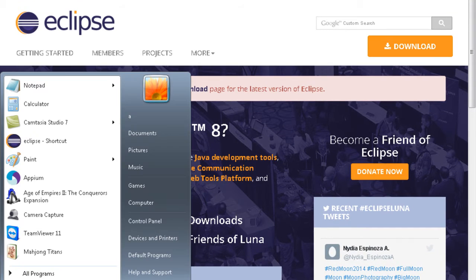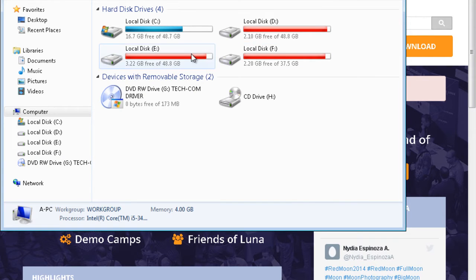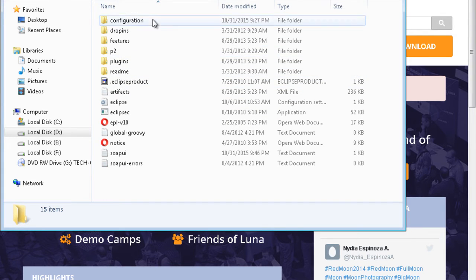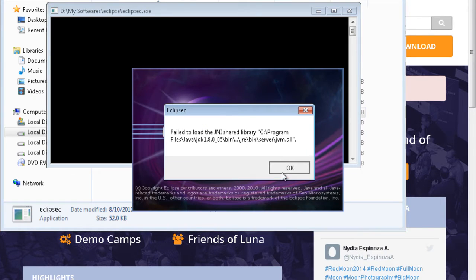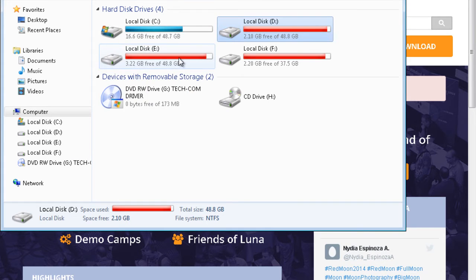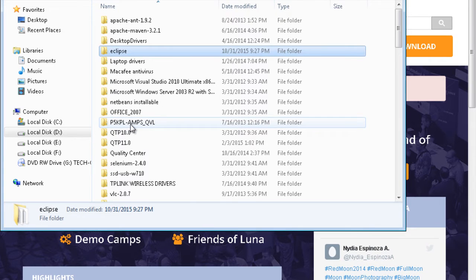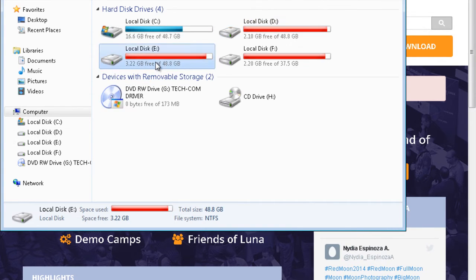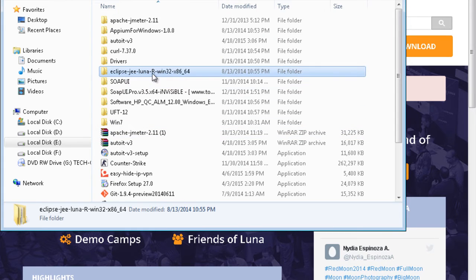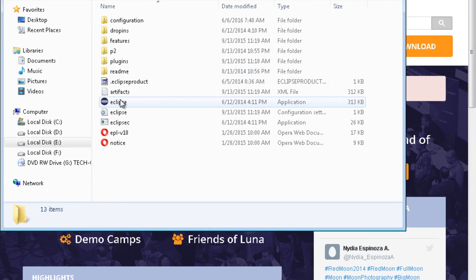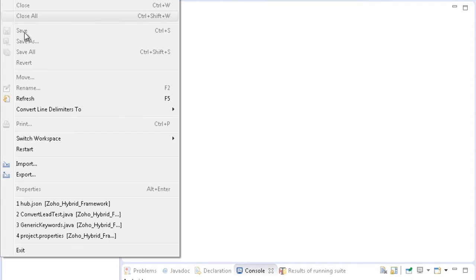Eclipse comes as a bundle. When you open the zip file, you will get all these files, and you can start the exe file for Eclipse if you want. Hold on, I have it in my PC, just a minute. Actually, I just changed the location. Yeah, this is Eclipse in my PC. And I'll just start Eclipse. Let me close the earlier one which I had opened. Hold on.